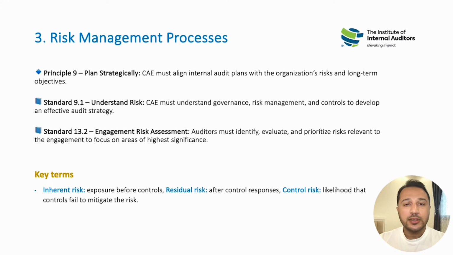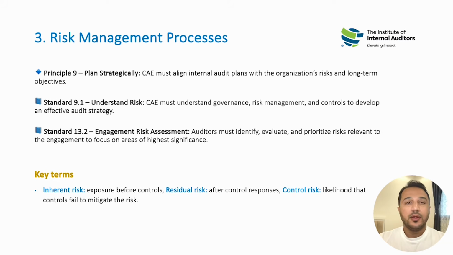So this is the second term which you need to know. The third one is control risk. Control risk is basically you place the control. For example, you put your diamonds in a vault or in a safe, and the key to open doesn't work out. For example, it doesn't lock, so anyone can open the vault as long as they have access. So it means the controls are not effectively working, so the control risk is high.